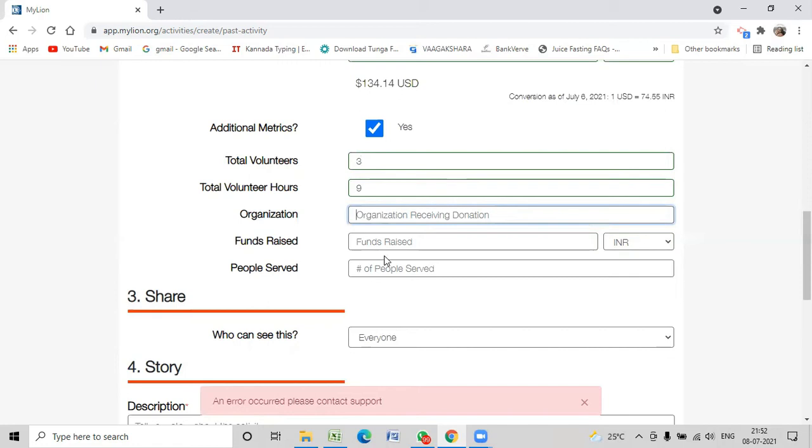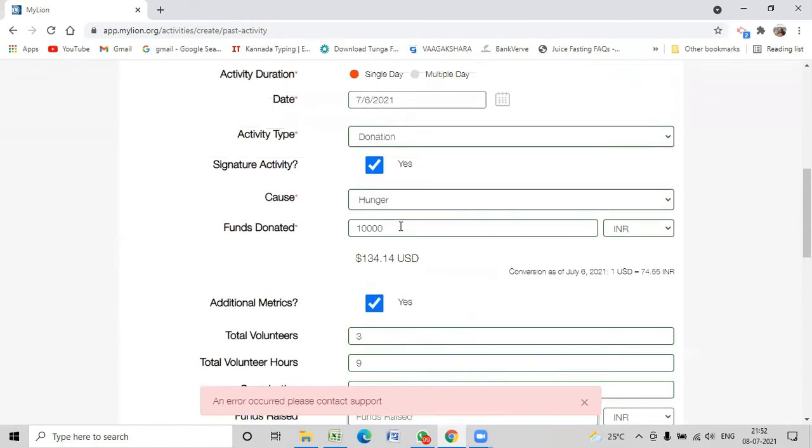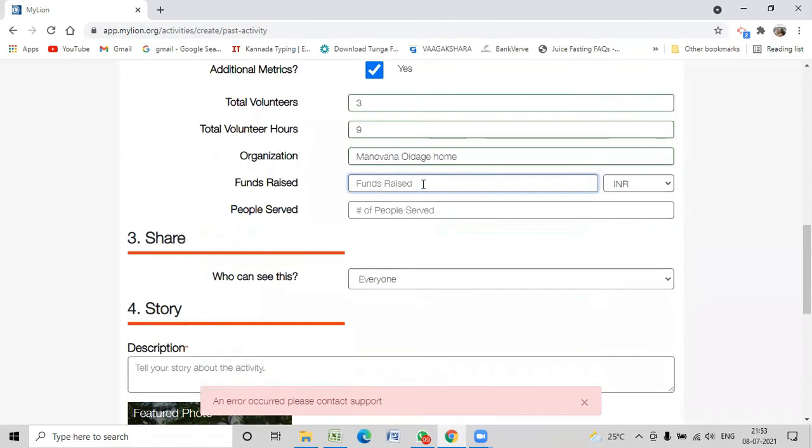Organization receiving the donation, let's say Manovana Old Age Home, okay? If there is any funds raised, so to provide for this 10,000, did you raise any funds, or is it all contributed by your own club members?